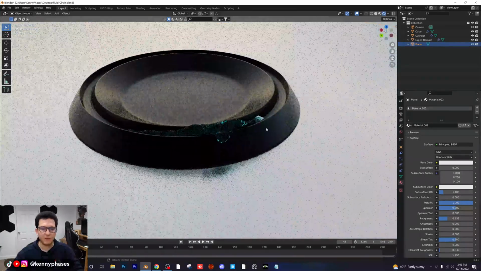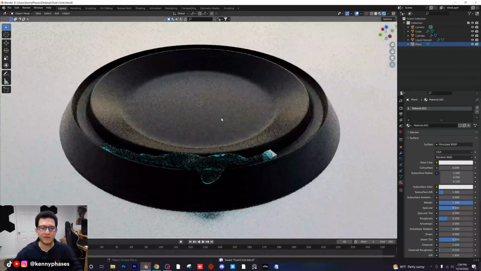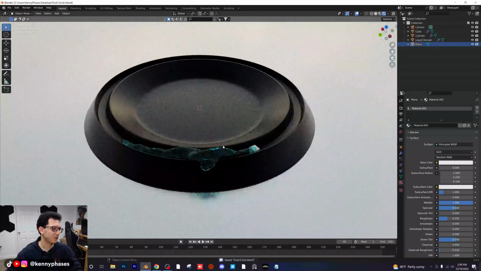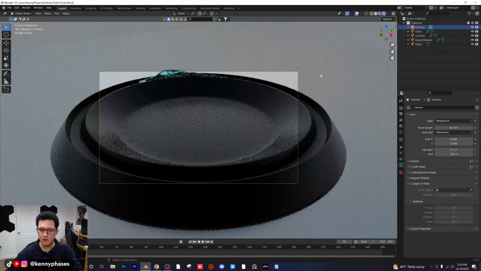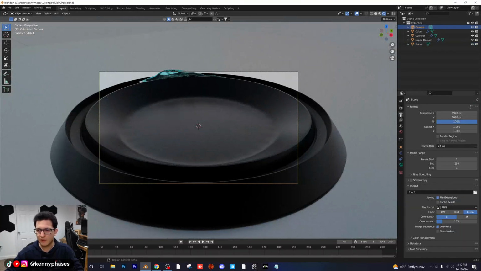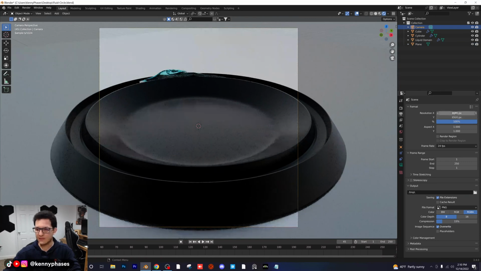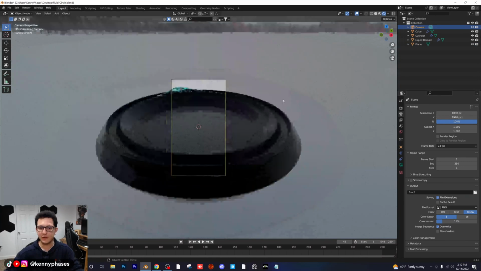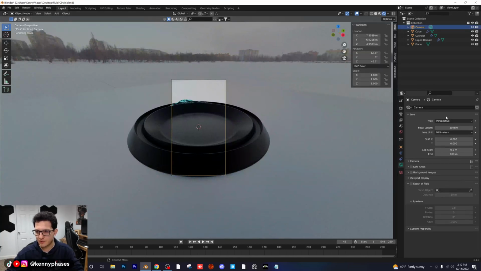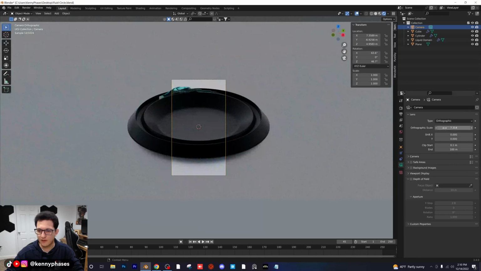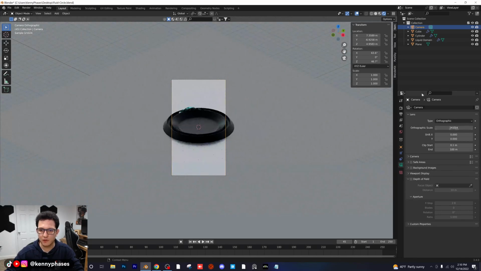Now this is really fun because again, you guys can create any fluid effector you want. In my case, I just created this bowl, but it actually ended up looking really, really interesting. Let me snap to my camera and see what we have here. I'm just going to change some dimensions around real quick. I'm going to make this Instagram portrait, and I think I'm going to go with an orthographic view for this one just because I personally just love the orthographic perspective. I just think it's beautiful, and it really showcases